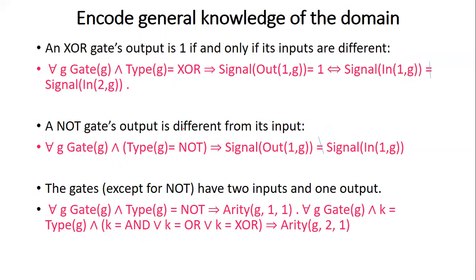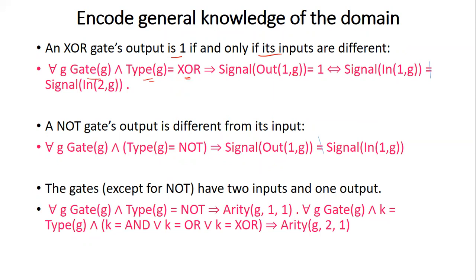Then XOR gate. If you consider the XOR gate, the XOR's output is 1 if and only if its inputs are different. So this is the rule for the XOR gate. Its output will be 1 only if its inputs were different, right? So for all G, where G is a gate and type of G is equal to XOR, it implies that